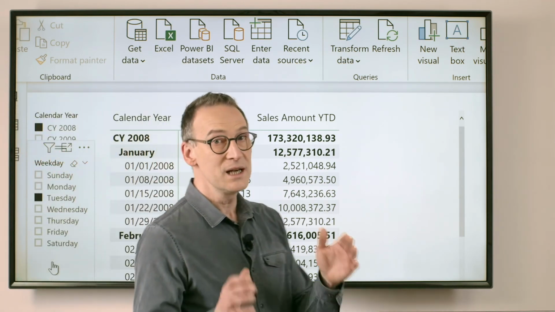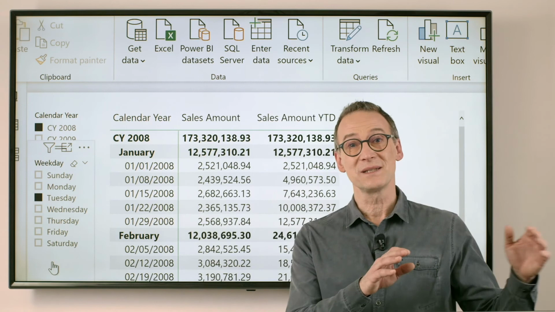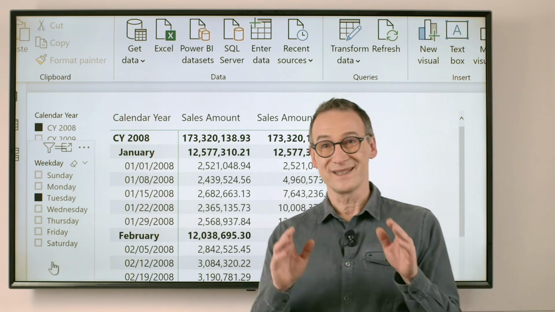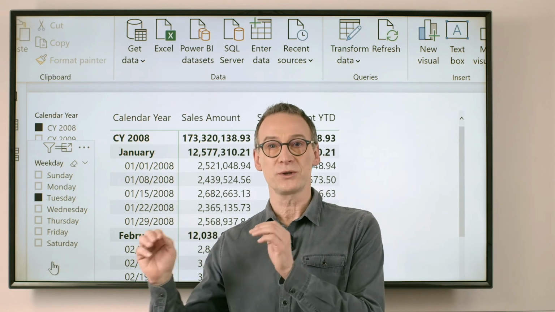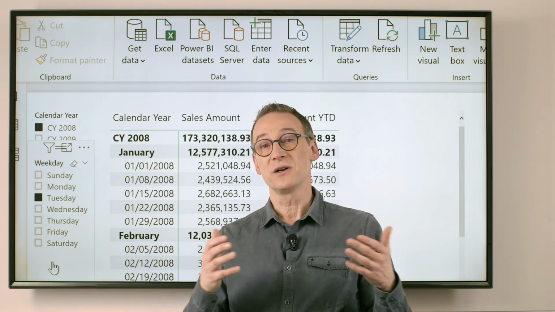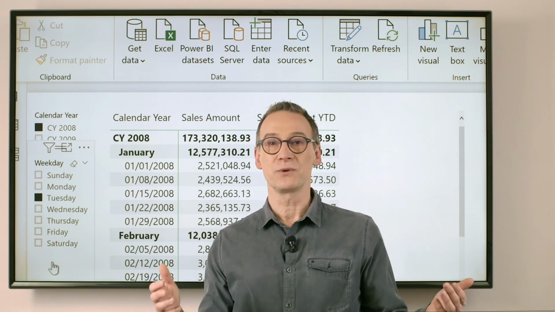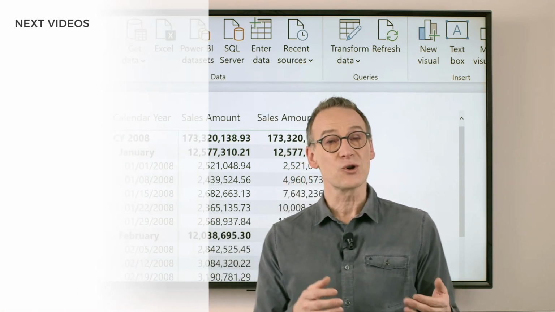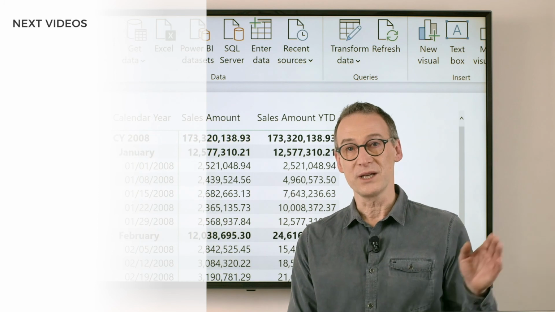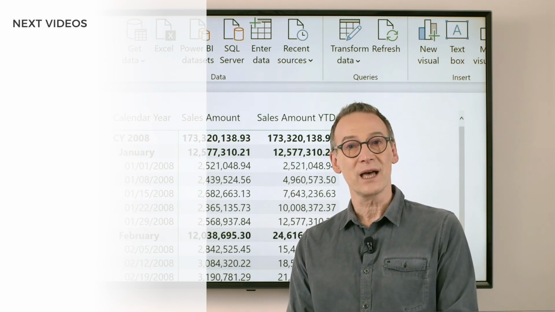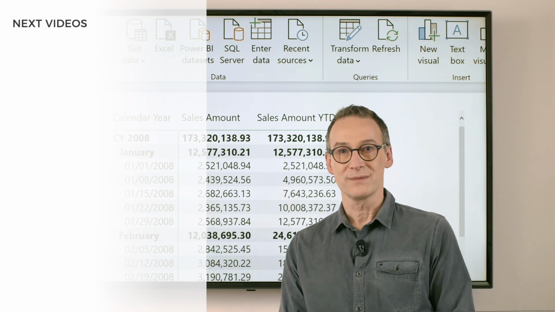Of course, this measure works for this specific report, because in the code what you need to do is to declare the filters that you want to keep. So it's very hard to create a calculation that will work for any report. Likely it is not so common to have the requirement to compute a year-to-date for only specific dates. But if that is one of the requirements you have, now you know how to solve the problem.